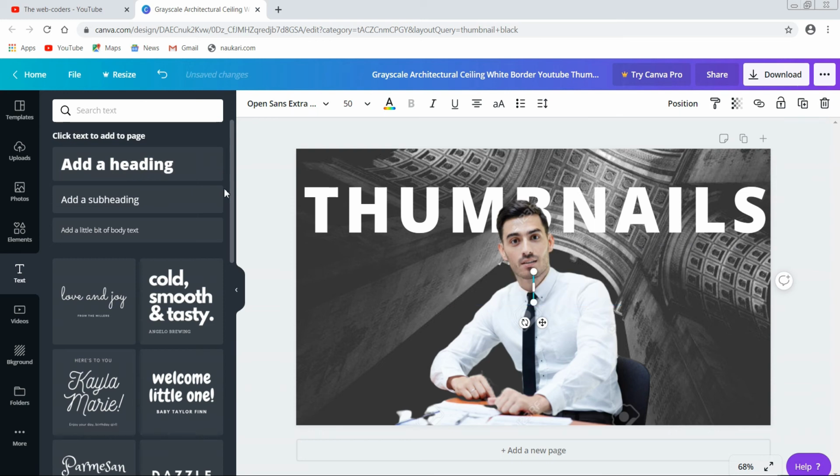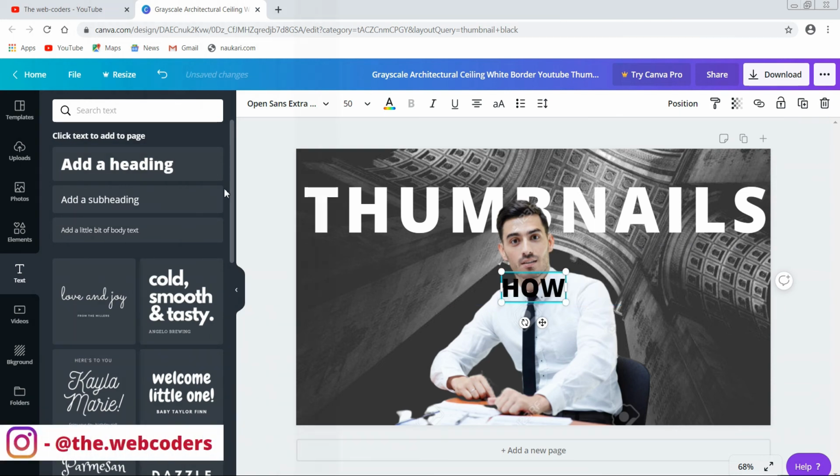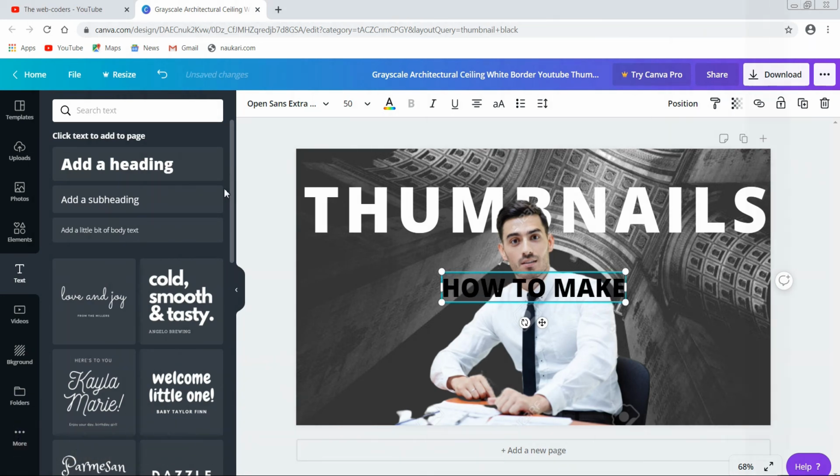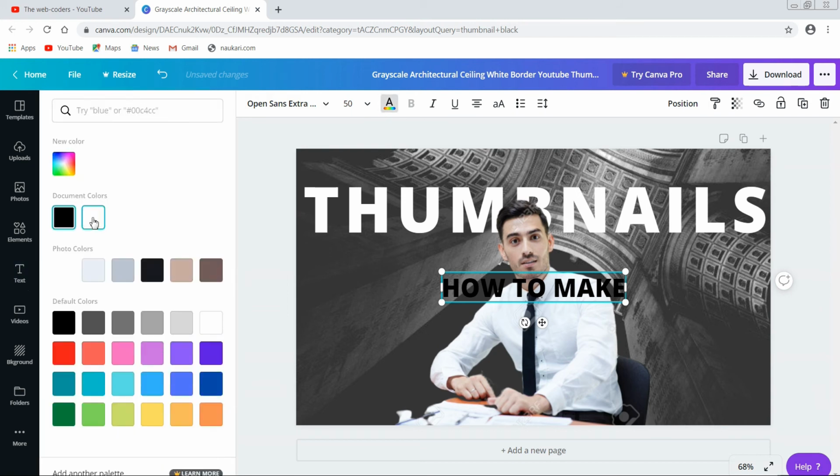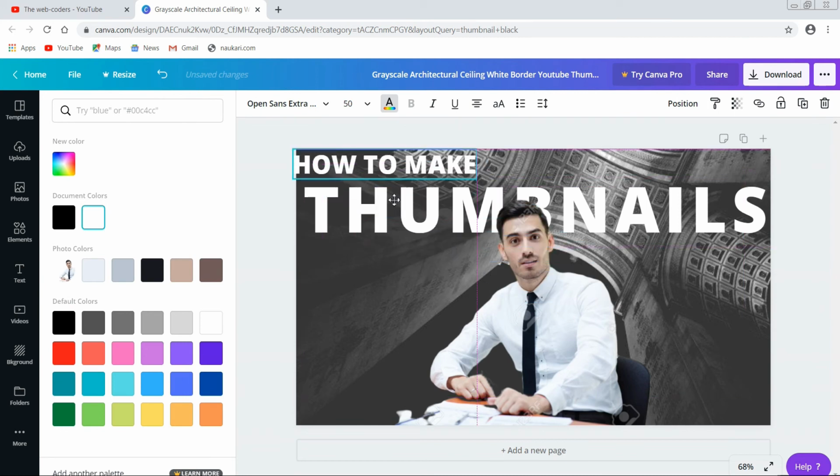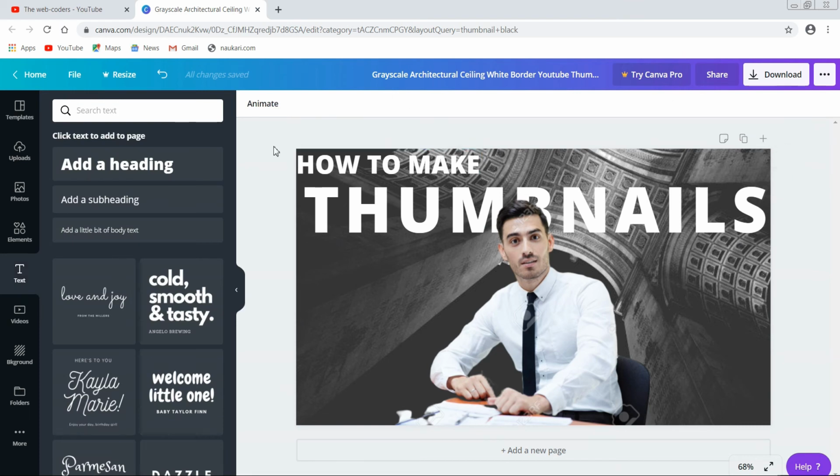Now you can type how to make and select the color as white, and here you can set it up like this. So this was the second step,